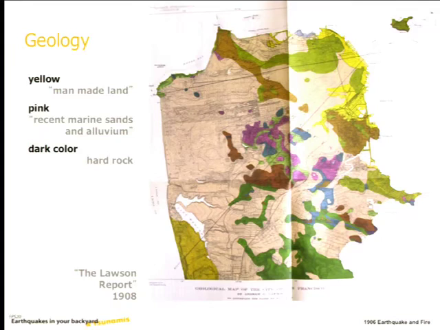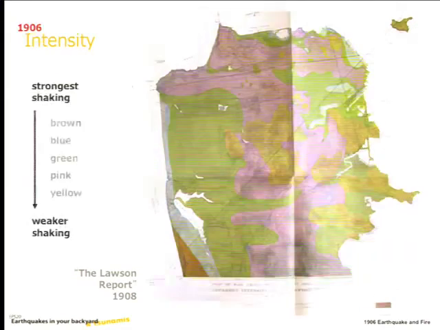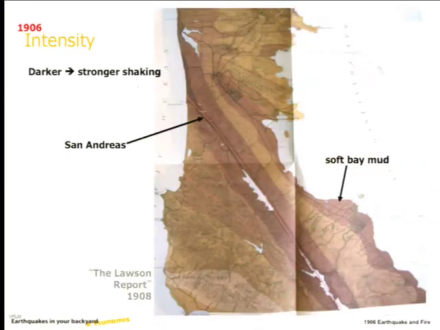So these are very important observations, and the Lawson report is really a turning point in earthquake science. They found out that the San Andreas Fault caused the earthquake in large part due to the shaking along the fault and the offset along the fault. They figured this is probably where the energy is being radiated from. They figured out a lot of things about the types of geology that you should build on, and they figured out elastic rebound theory, which is a mechanism for earthquakes to happen, which before that it was act of God,